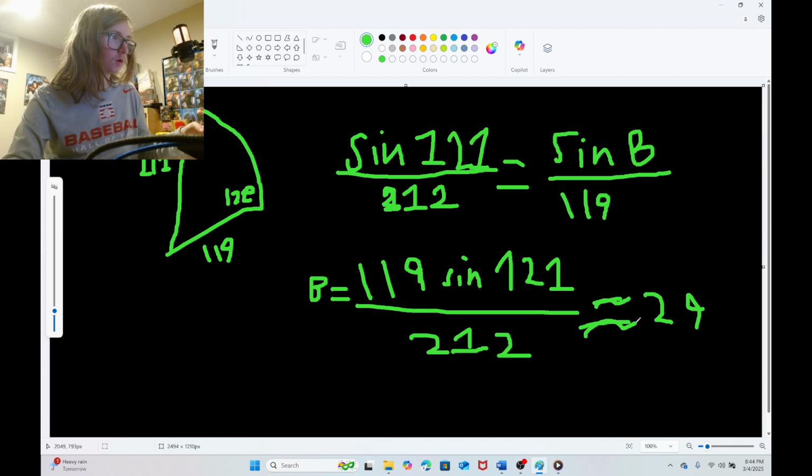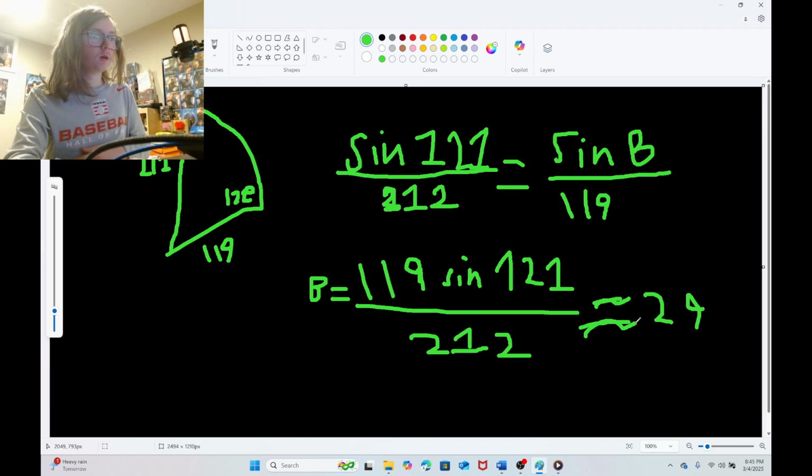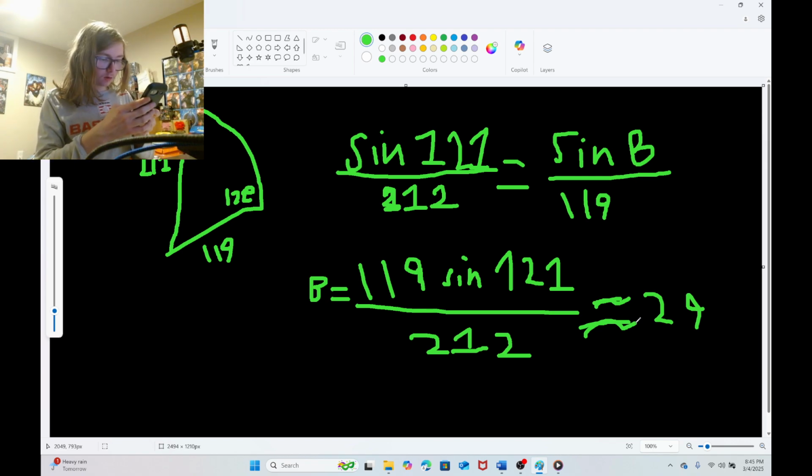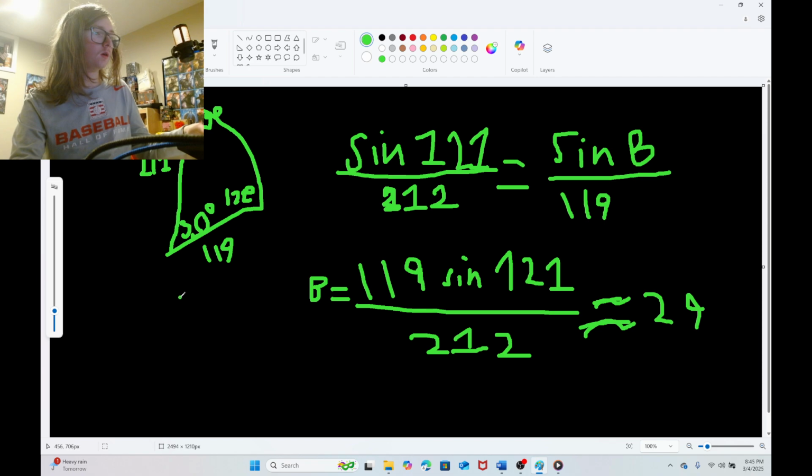So roughly 29 degrees here. This is angle B. And that gives us enough to do the simple mathematics to figure out the angle measure of angle C, which is 30. Voila. So now,